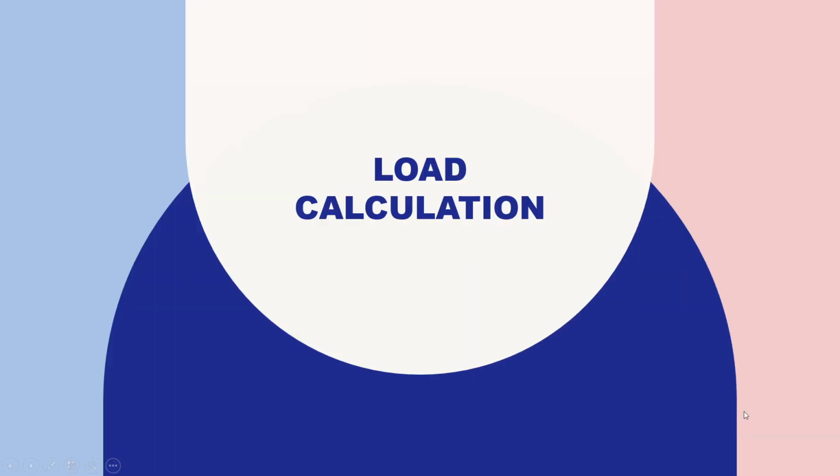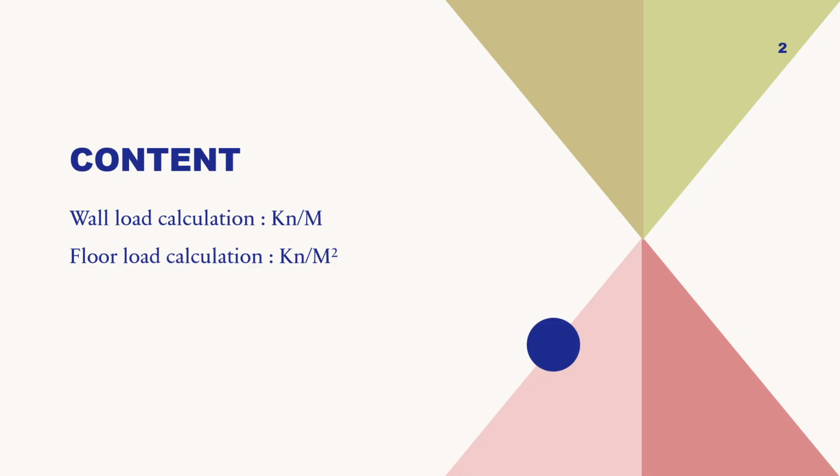In this video, I am going to show you how to practically calculate the wall load and floor loads. First we'll cover the wall load and then we'll see how to calculate the sunken slab load. This is very important: how the wall load is calculated and what the unit is. It is in kilonewton per meter, or the popular term is UDL, uniformly distributed load, whereas floor load is calculated in kilonewton per meter square. This question can be asked in your interviews.